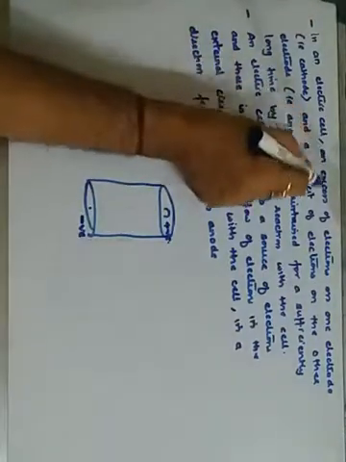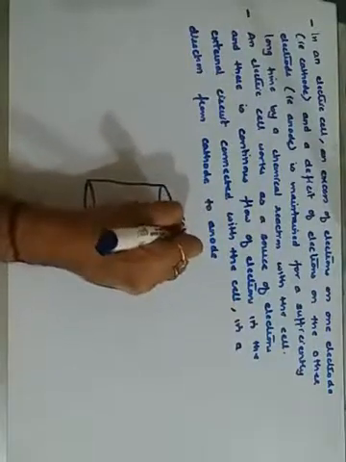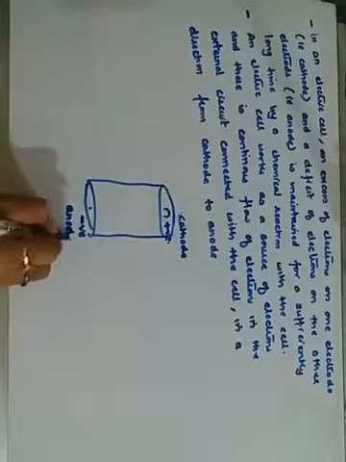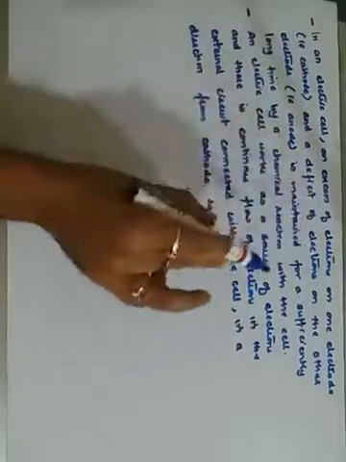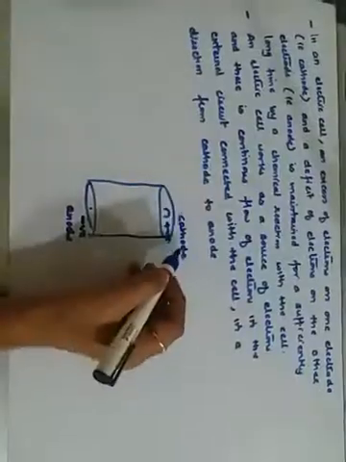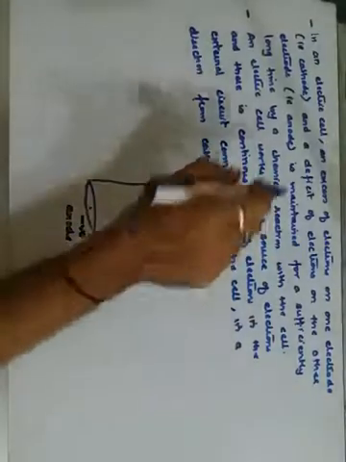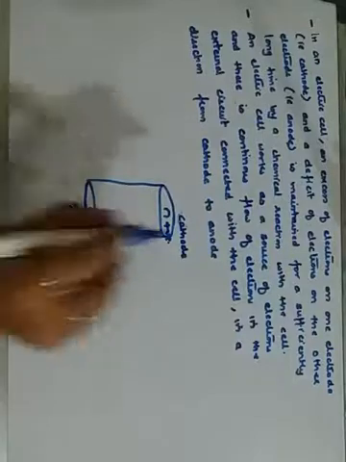Okay, so in an electric cell, an excess of electrons on one electrode, positively charged, is your cathode, and negatively charged is your anode. So in an electric cell, an excess of electrons on one electrode, that is at the cathode, and a deficit of electrons at the other electrode, that is at the anode, is maintained.